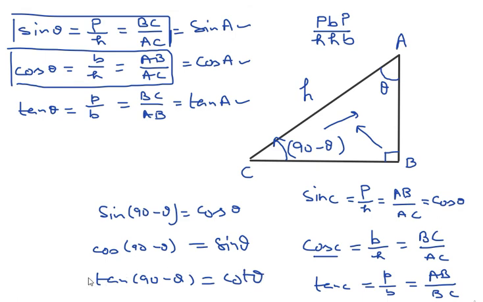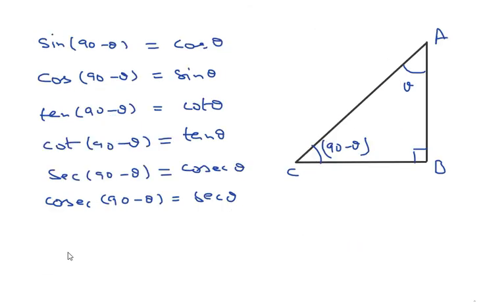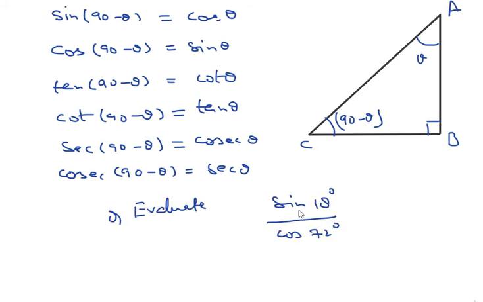So we can make a table for complementary angles like this. All of you please note down this table. Sin 90 minus theta will be cos theta, cos 90 minus theta is equal to sin theta, and you can note it down, and we will solve questions with the help of this table. I am going to show you how to solve any question that comes in complementary angles. You can see one question over here.